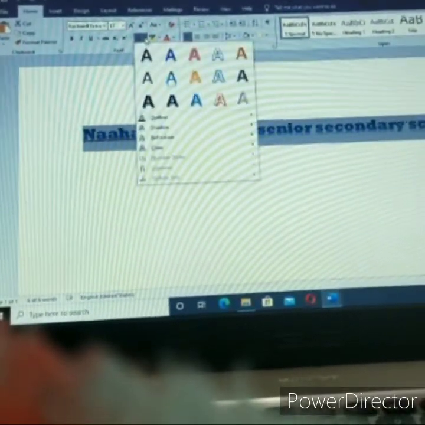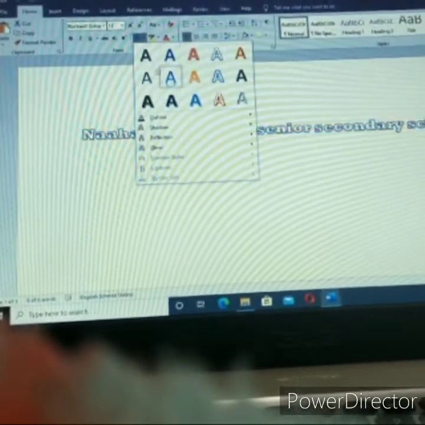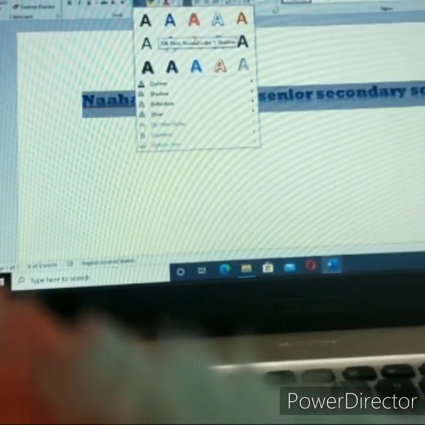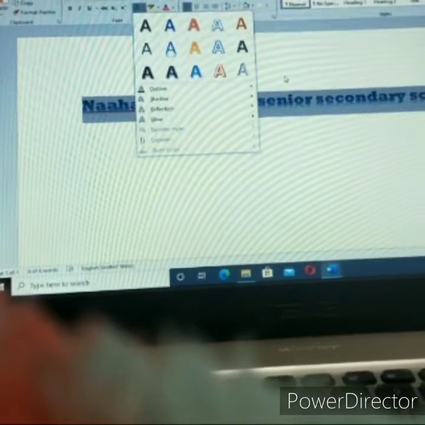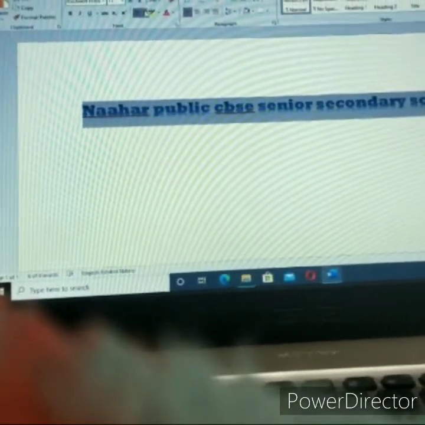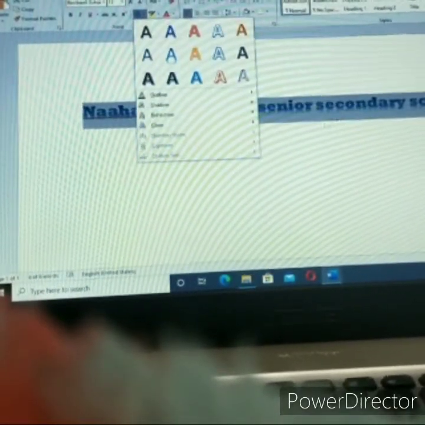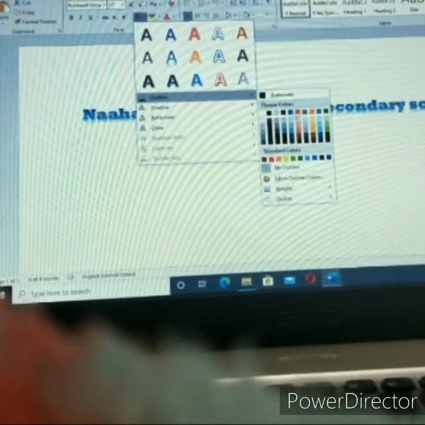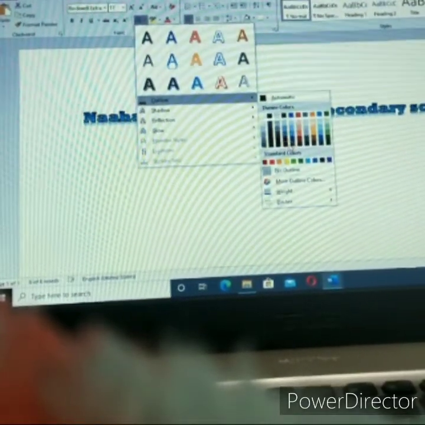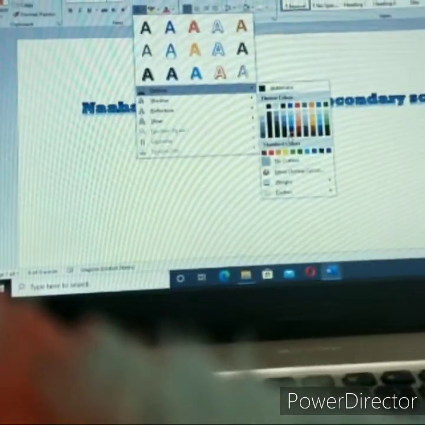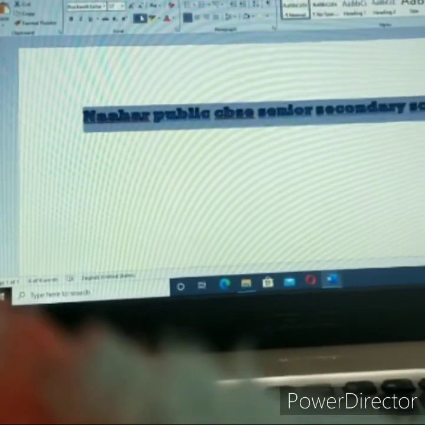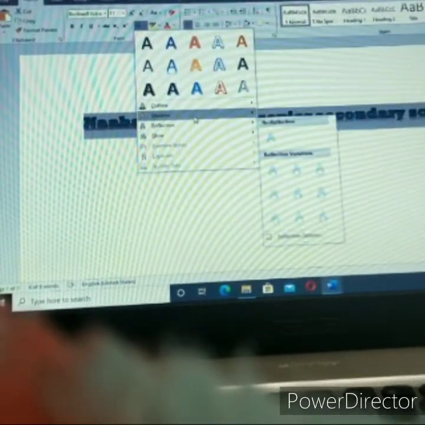In your higher secondary classes, Word will be very useful to create any documents or projects. Listen carefully. If I want to change to sky blue color, what will I do? This is the outline. If you give this option, the outline will change as you given.